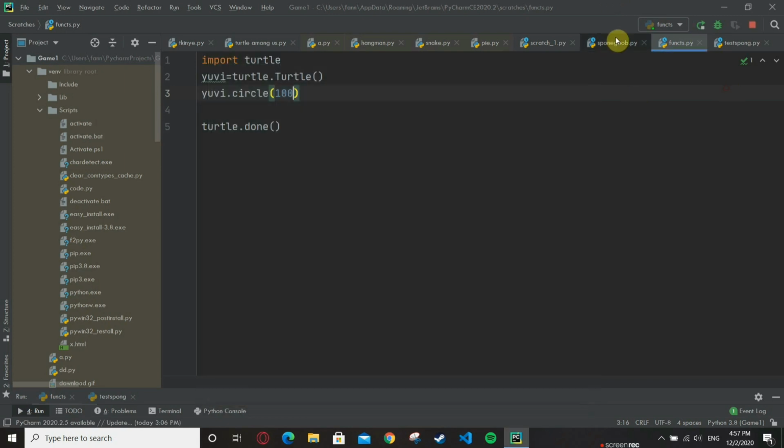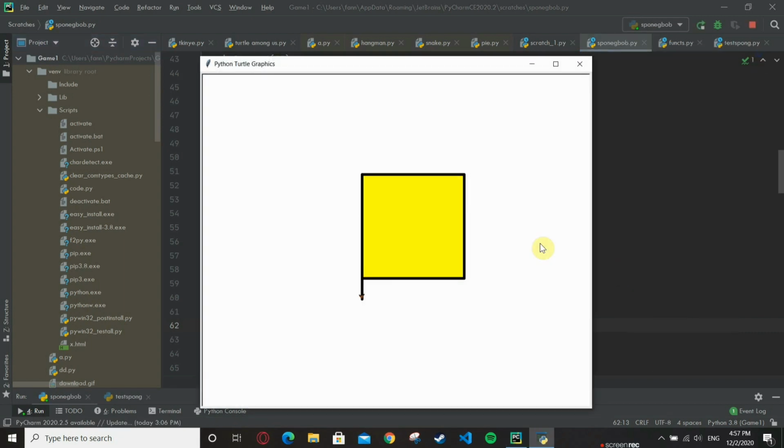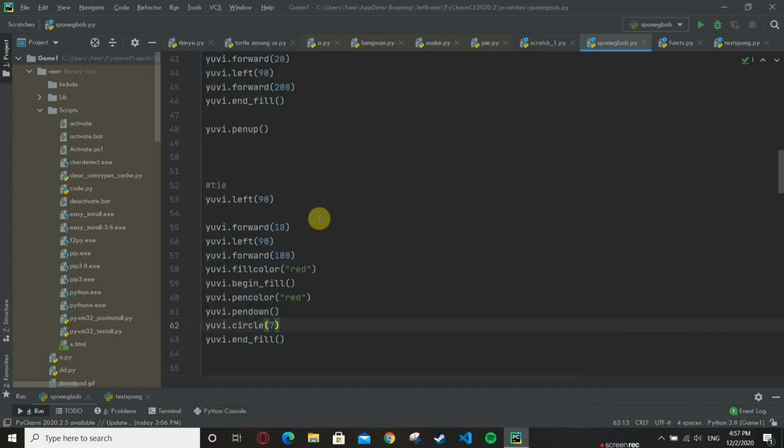So this is what we are doing in the SpongeBob program. We are creating a small tie as a circle over here. We are just being creative to reach this point, and we are creating a tie over here. Then we are creating some eyes with the help of the same circle, then the mouth with the circle as well. I'll show you how.